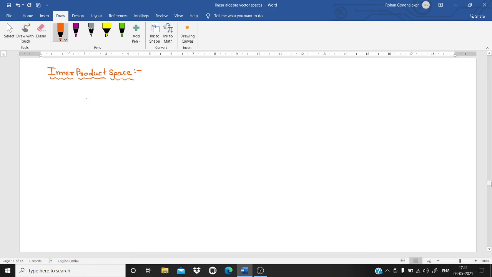Fine. So what is the inner product basically? We know the dot product in the vectors. Suppose two vectors are given. The first is u equal to u1, u2, u3, and the other vector is v1, v2, v3. If these two vectors are given, then we can easily calculate the dot product as u dot v equal to u1 v1 plus u2 v2 plus u3 v3. Is it? If you look, u and v are vector quantities and the dot product gives me a scalar quantity. Is it?